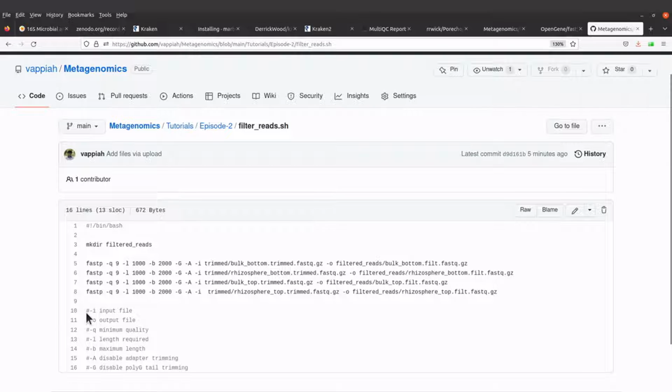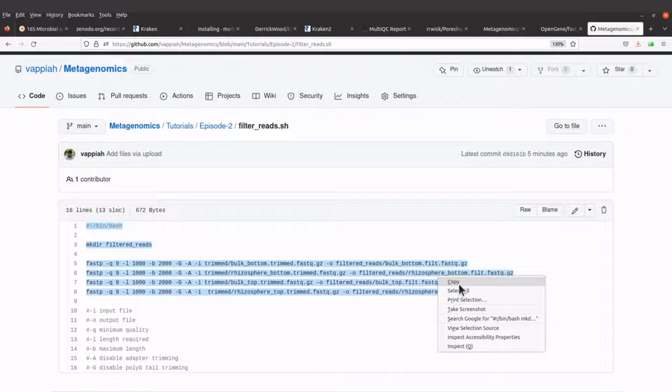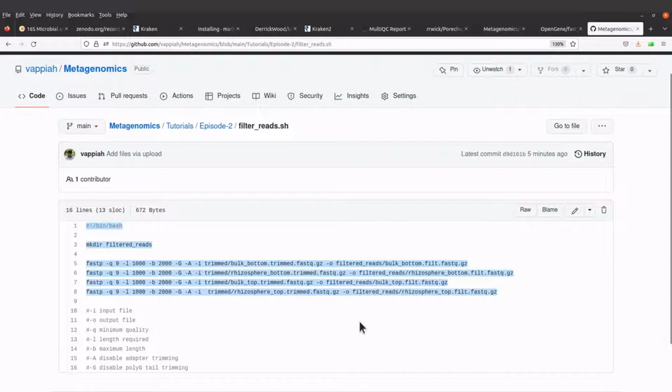I also have those lines that begin with hash. These are comments telling you what each of these flags or options mean. So I'm going to copy the commands here from here up to this one. I'll copy them. And by the way, before I copy, let me say that the options here